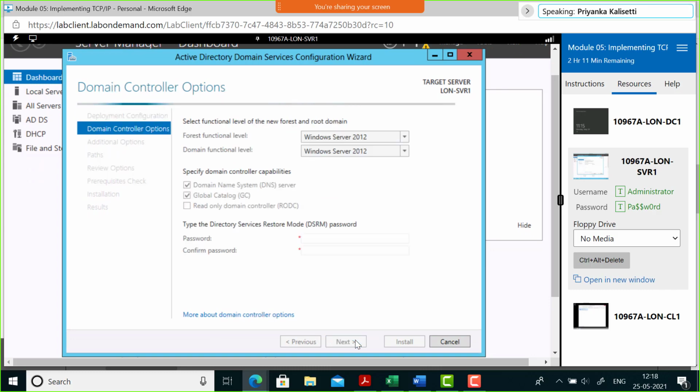Certain options we will ignore, certain options we will learn. As I said, since you're starting up, the options that you're going to ignore right now are forest functional level and domain functional level. Ignore them. Pretend they are not there. But there is an option called DNS. We need to attack DNS right away. So let's see what DNS is all about.